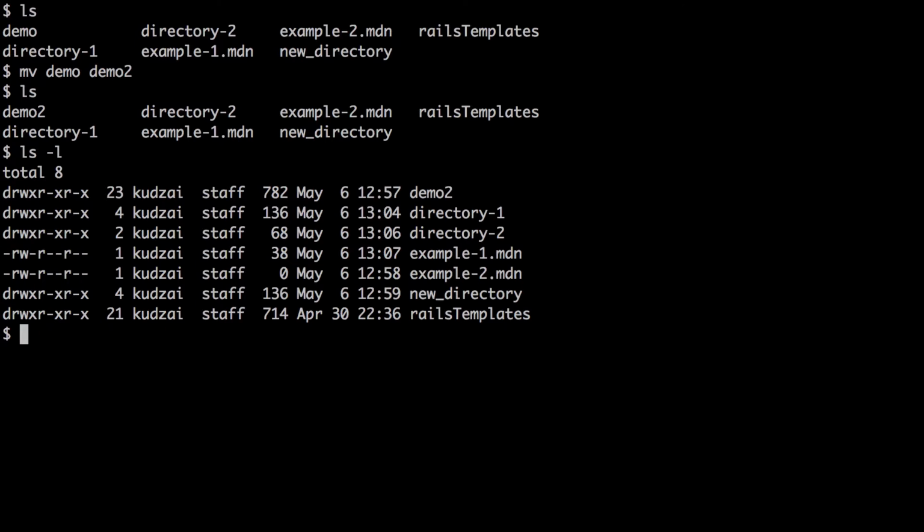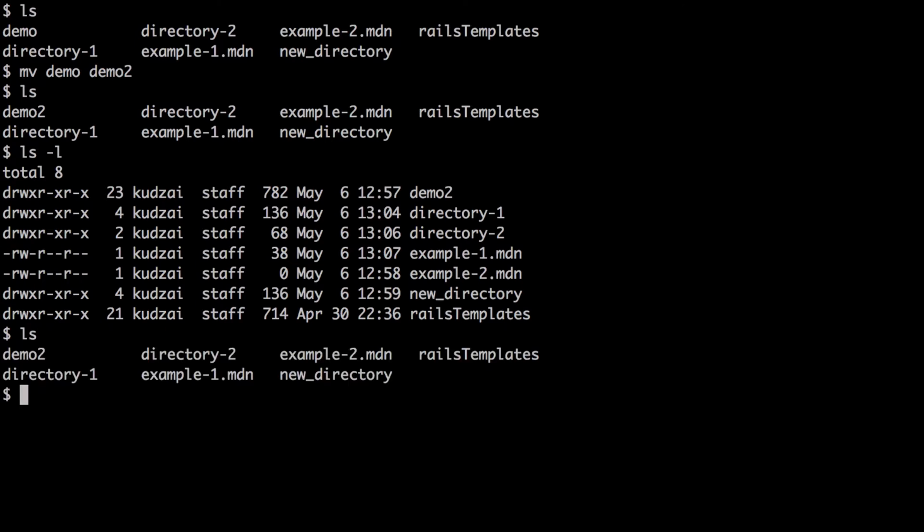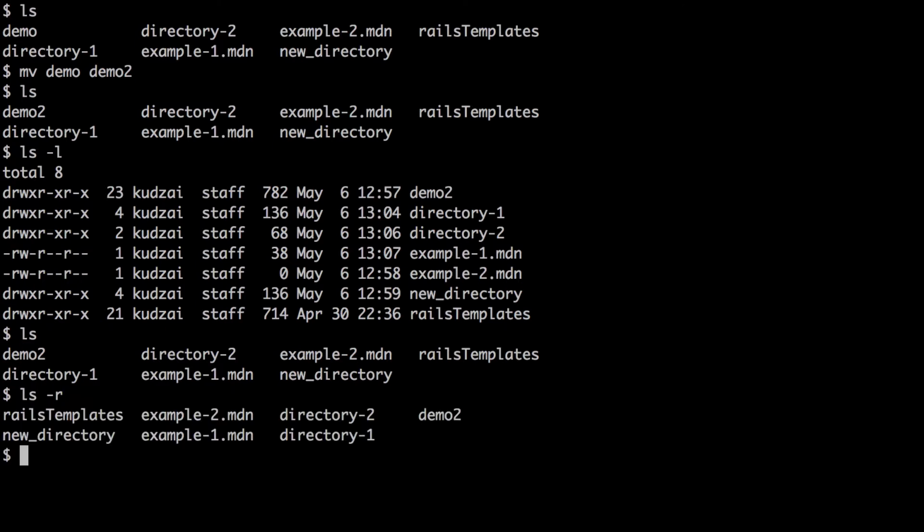By default, ls is going to sort our files alphabetically, but we can reverse this sorting by using the -r for reverse. So let's see. Right now, if we say ls, our list of files and folders starts with demo and ends with new directory. But if we type in ls -r for reverse, now it starts with Rails templates and ends with demo on the far right there. Okay, so it reversed